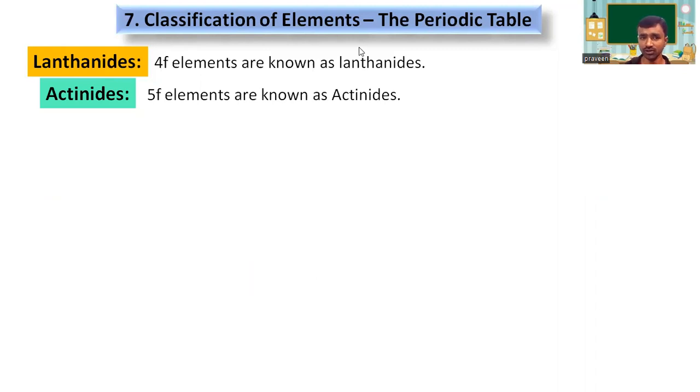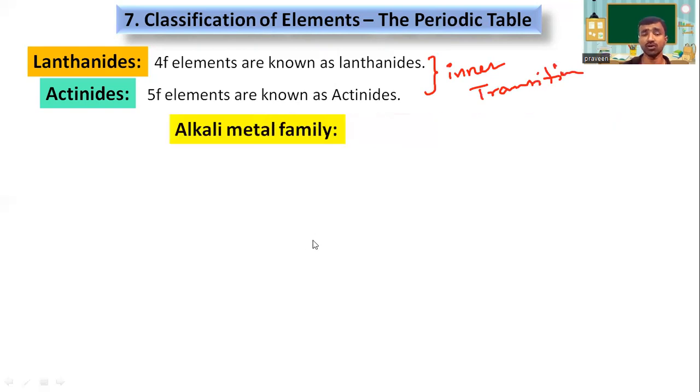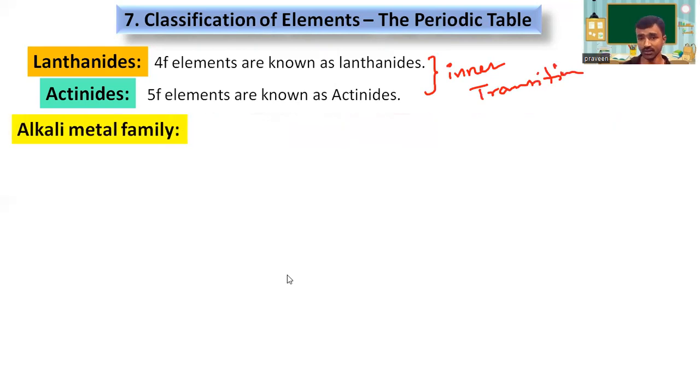They belong to the third B group, and these elements are called inner transition elements. Next, we have information about alkali metals, alkaline earth metals, halogens, noble gases,